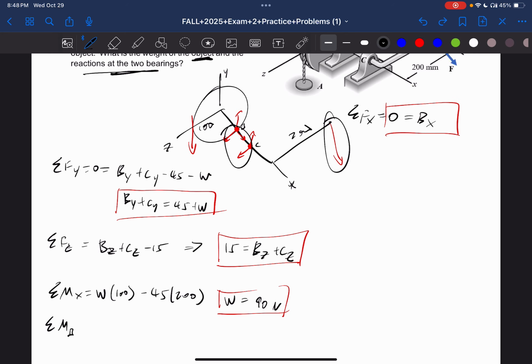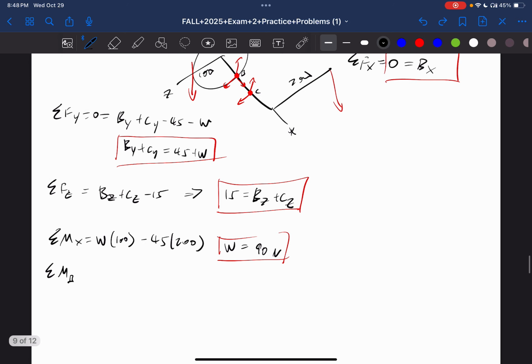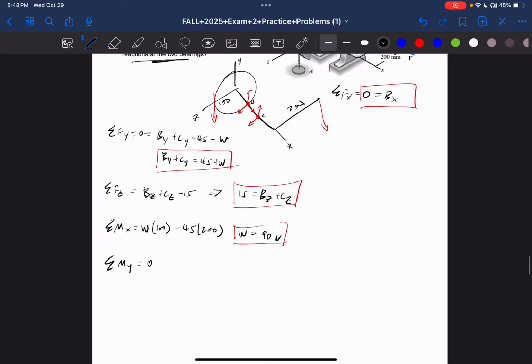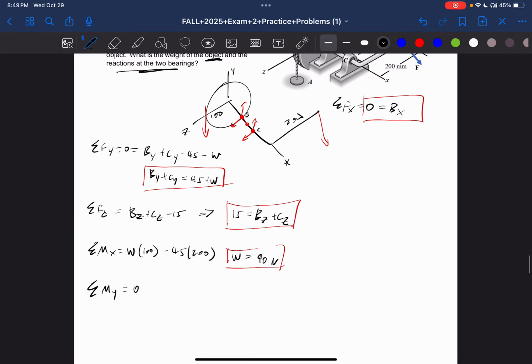Yeah, you can just do the sum of the moments. Okay, yeah, let's do that. That makes sense. So if we do the sum of the moments, there's so many ways you can do this. The sum of the moments in the Y direction is going to be equal to 0, and then we're going to have